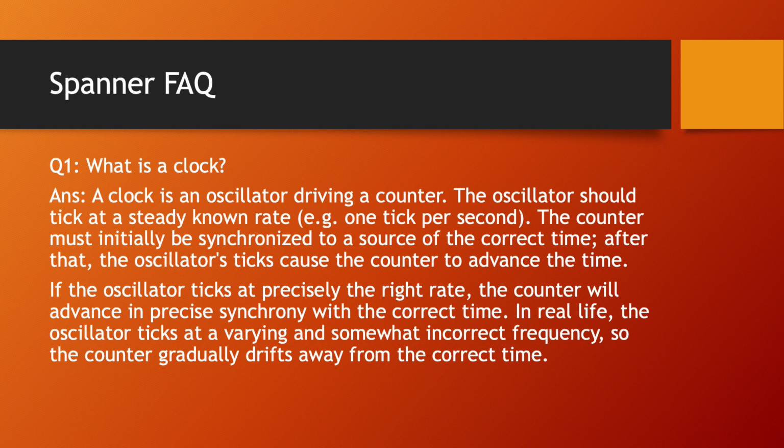Here are some Spanner facts. First, what is a clock? A clock is an oscillator driving a counter. The oscillator should tick at a steady known rate, that is 1 tick per second. The counter must initially be synchronized to a source of the correct time. After that, oscillator ticks cause the counter to advance the time. If the oscillator ticks at precisely the right rate, the counter will advance in precise synchrony with the correct time. In real life, the oscillator ticks at a varying and somewhat incorrect frequency, so the counter gradually drifts away from